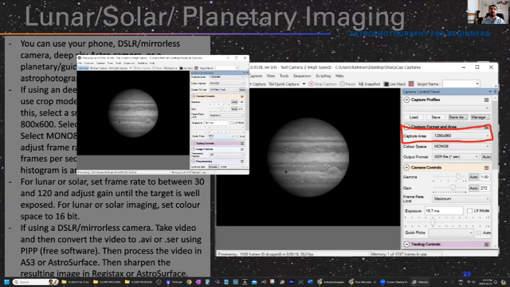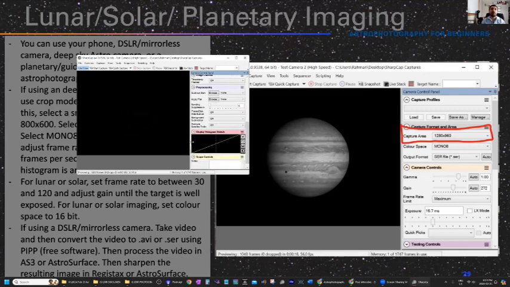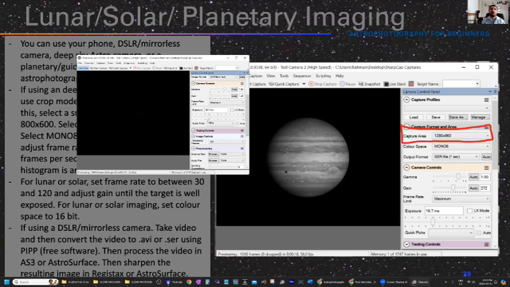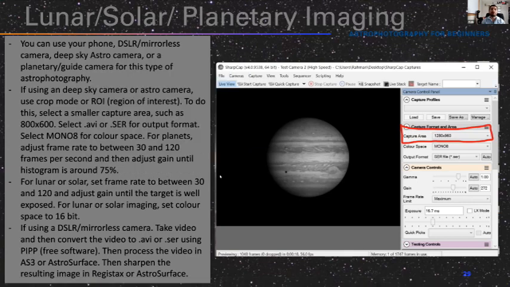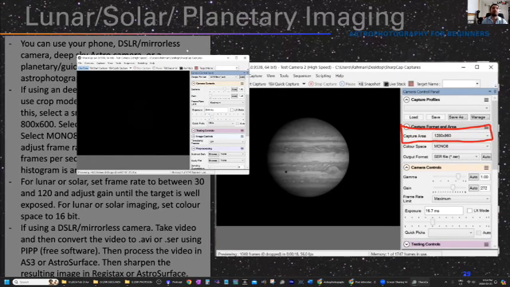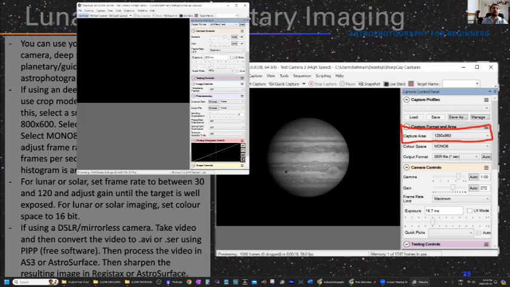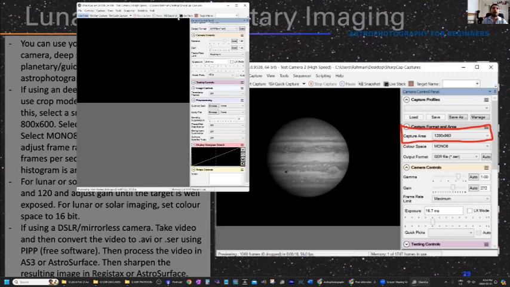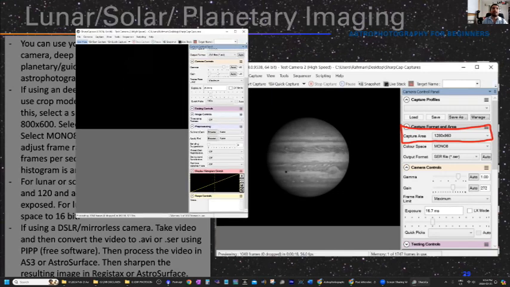And after you have selected your exposure time, you want to adjust your gain. So if my gain is too dark, I look at the histogram, and the histogram is all the way to the left over here. I'm just going to make this bigger so you can see it changing in real time. There we go. So you'll see me changing the gain. As I move the gain to the right, you can see this histogram bar moving to the right. So if my gain is too high, this histogram is hitting the right end of my histogram, and the image is very, very overexposed.